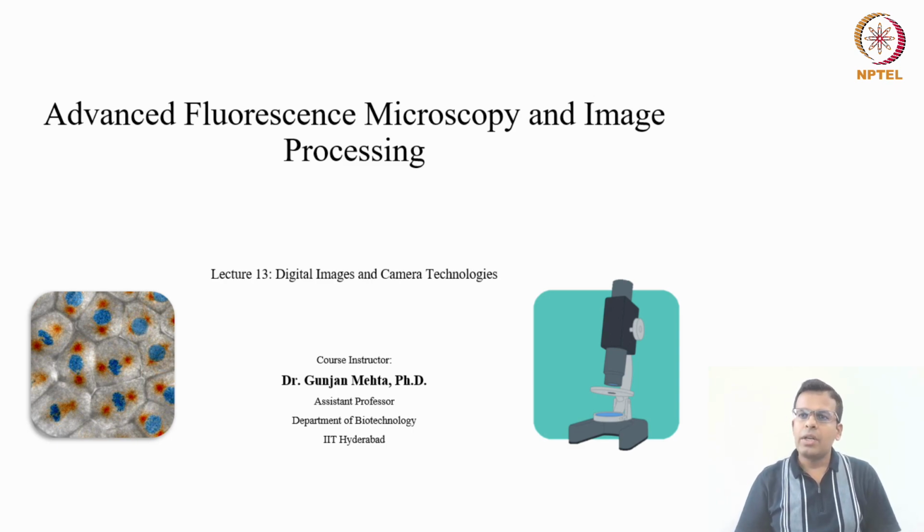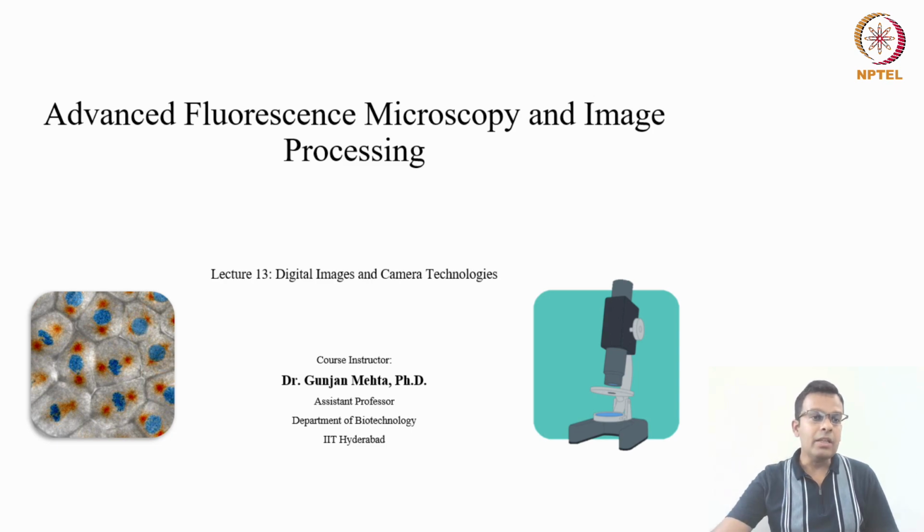So as you know, until now we have discussed various parts of a microscope, starting from various types of light sources, various fluorescent filters, and various types of objective lenses. Okay, so detectors like the cameras are also very essential for capturing high resolution or good quality images. So that's why today I will show how to select the best camera for your microscope.